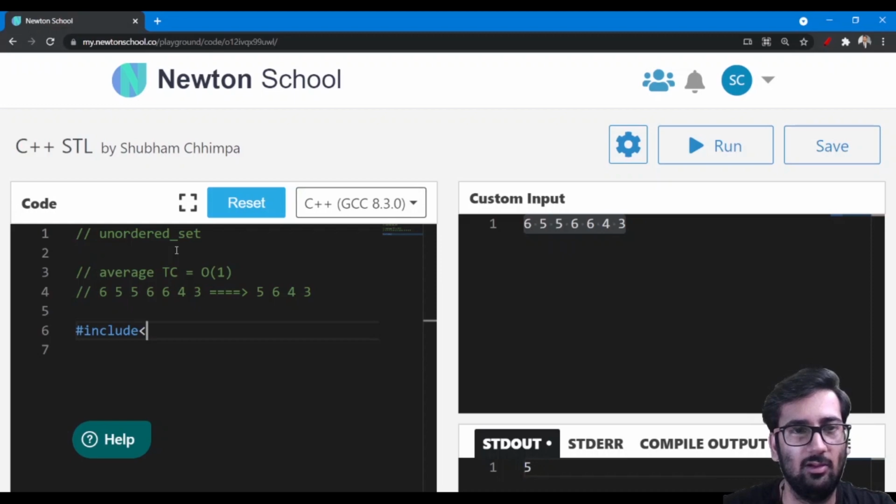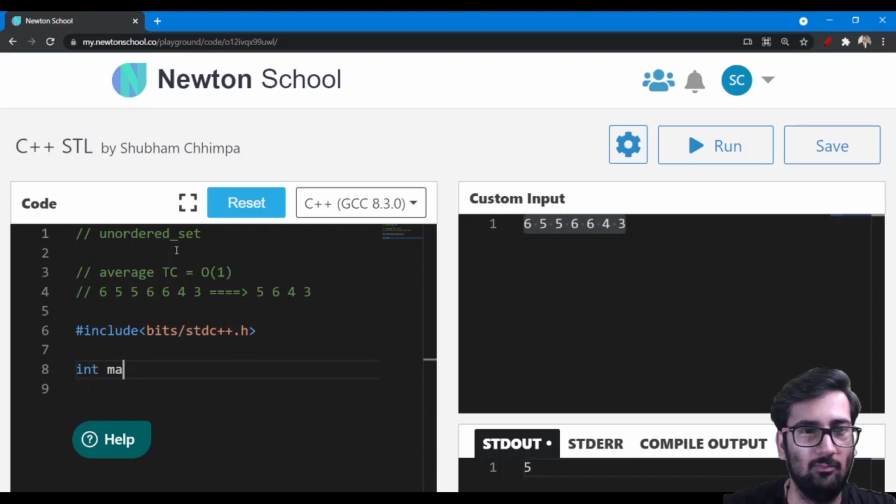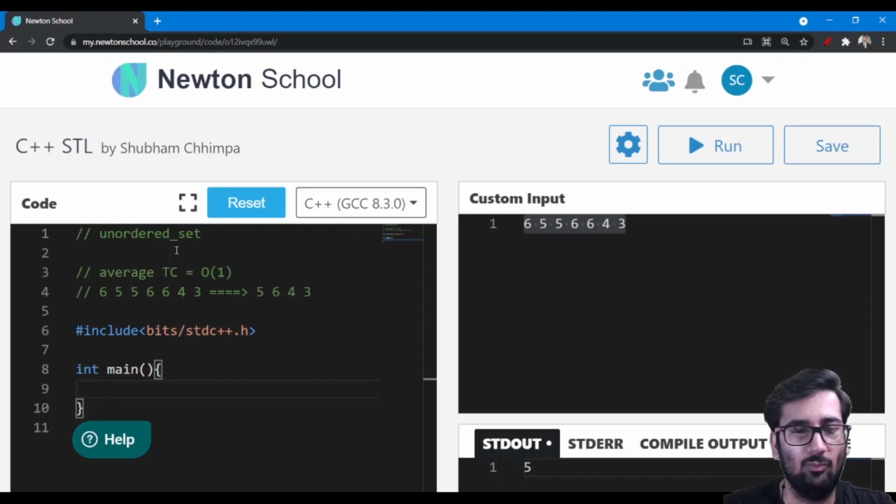As the usual drill, bits/stdc++.h, and then main, and then we have to take the input. Unordered set, and we will name it s currently.